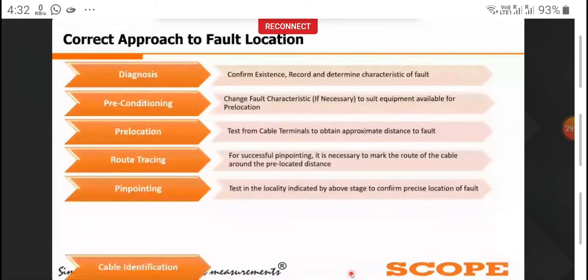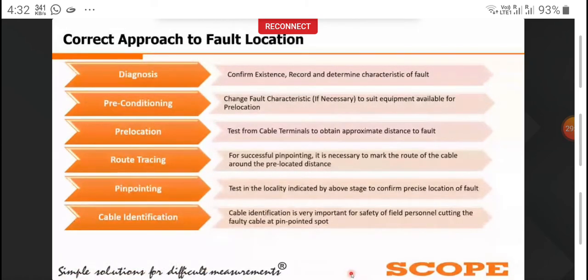After the exact location is pinpointed, we have to excavate the cable. If we find multiple cables in the trench or the earth, then we need to do cable identification from the bunch of cables, because cutting a live cable other than our dead faulty cable may cause a fatal accident, and can even cause death. So cable identification is a very important step that needs to be carried out after pinpointing, if multiple cables are present.